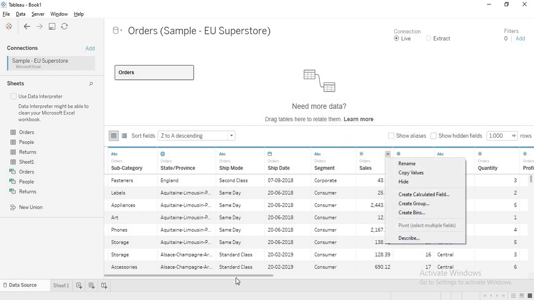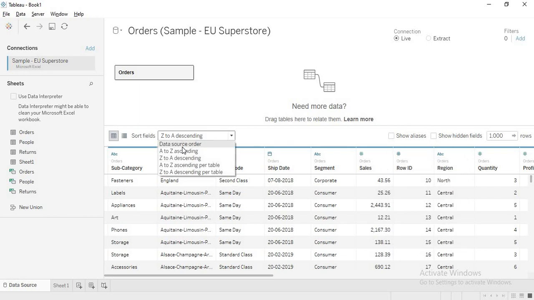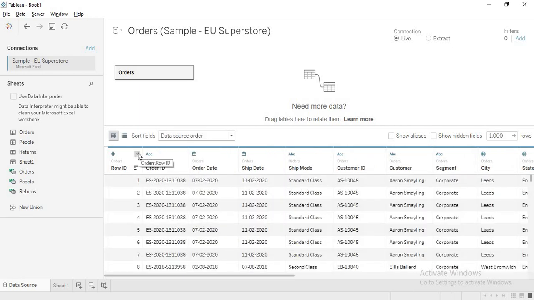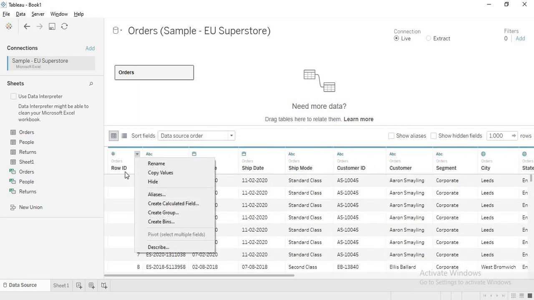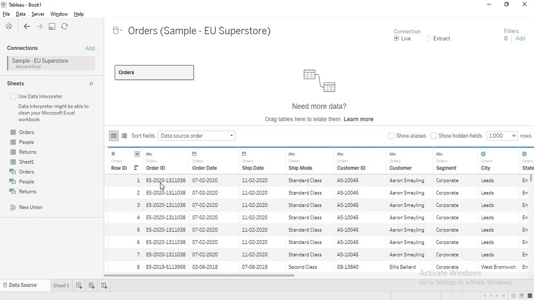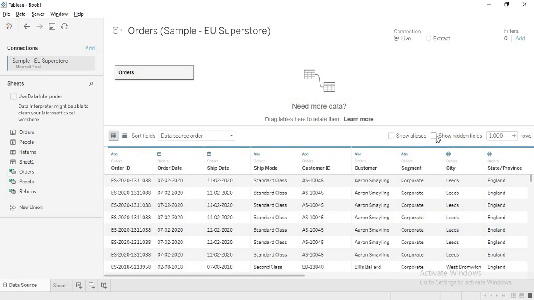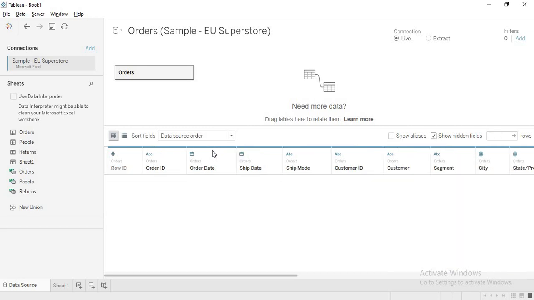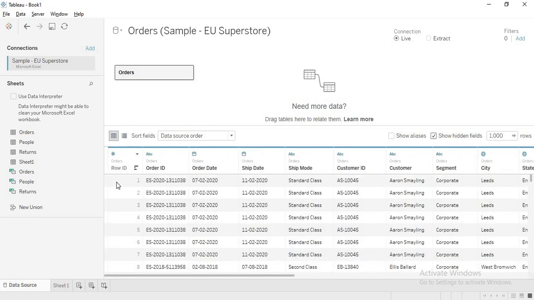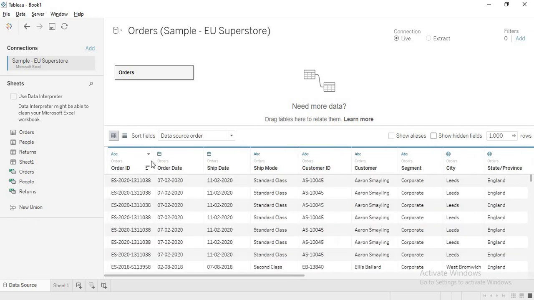And sometimes you hide the fields. Let me hide one field. Let me hide this row ID field. We will not be using it anyway. So here, let me hide this. Now this is not visible, but if you want to see it, you can. But it is grayed out. The grayed out shows that this field is hidden. Okay, when I untick that, it is gone.